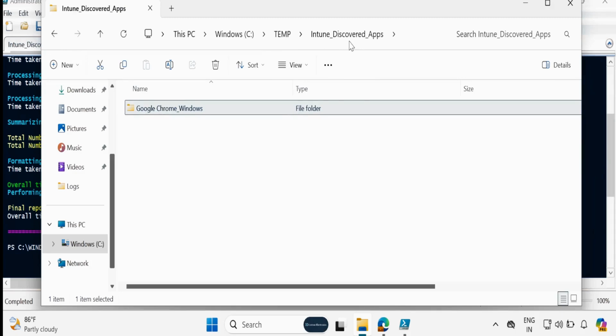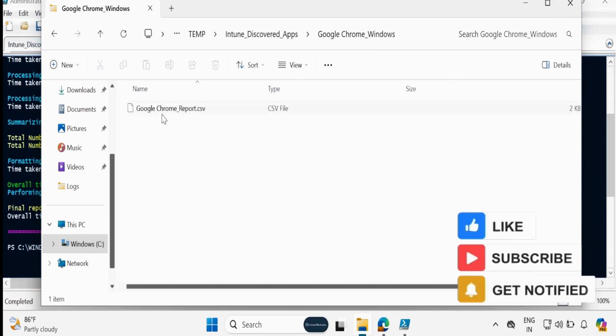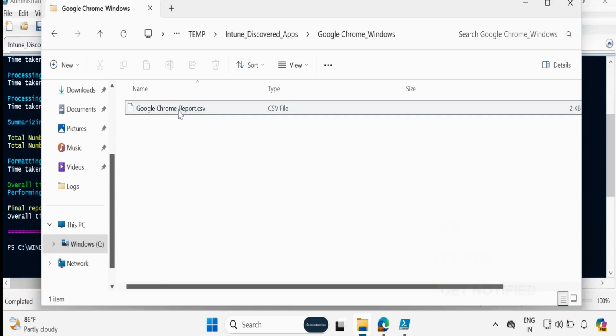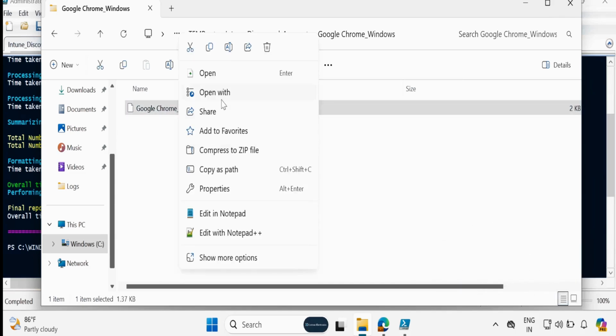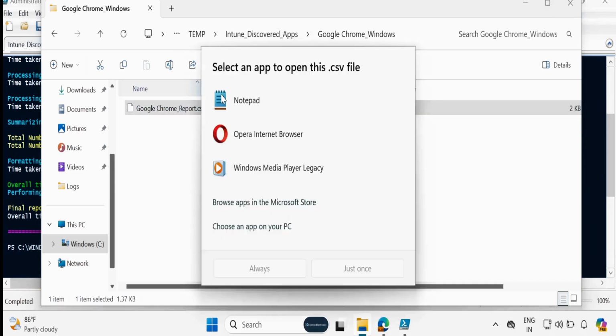We can see that under Intune discovered app we have a folder called Google Chrome Windows, meaning that this report is for Google Chrome and for the Windows operating system. If you open this report, let me open it in Notepad because I don't have Excel on this machine.